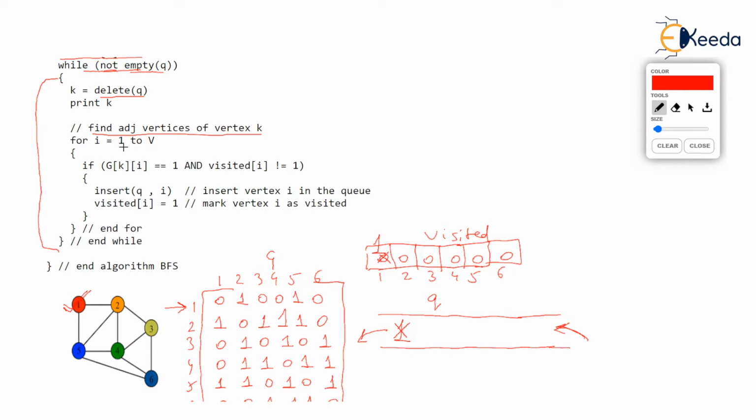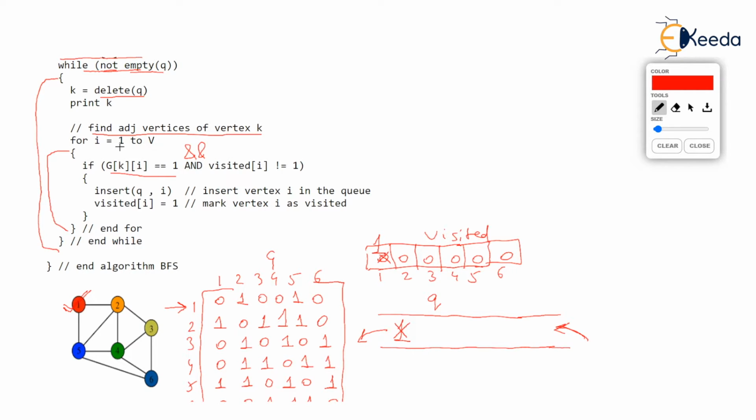With I equal to 1, we are going to see what is G11 because K is 1 at the moment and I is 1. Is it 1? But G11 is 0. What that means is vertex 1 is not adjacent to vertex 1. So the very first condition in the if is false and we have used AND, which is logical and, you know the property. If the first condition itself is false, the entire if is false. So none of the lines written in the if will run and we will go back to for. So for is now going to make I equal to 2.